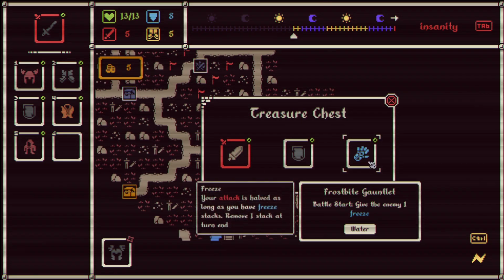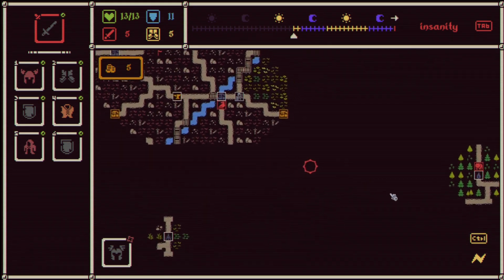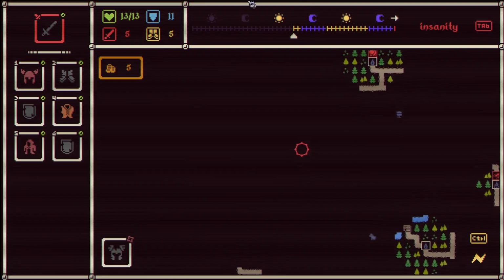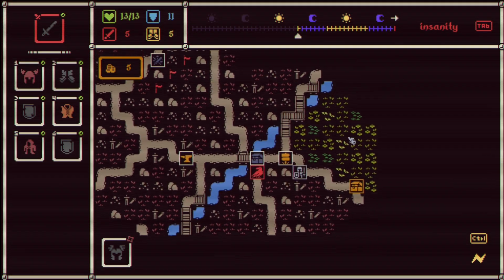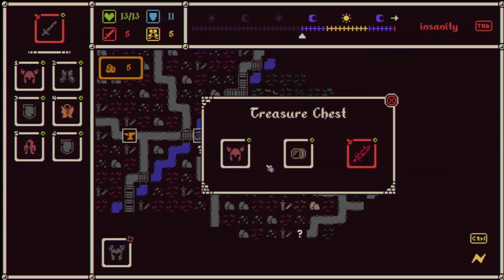I think we're already good. And on battle start we give him another freeze. Now we get the Shield of Hero upgrade. Now we want to get to the... No need to rush. We've still got one whole cycle to play before we now want to find the...